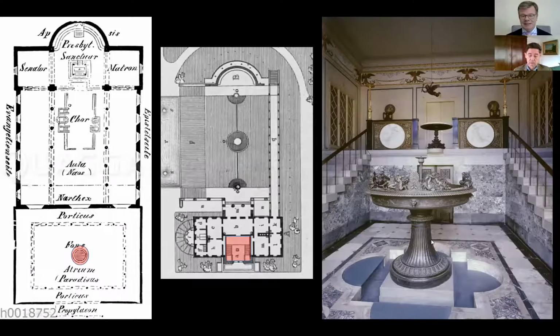And when we compare that again to the map of a basilica, a very early Christian church, they always had an atrium, so a courtyard, and a fountain before you go to church. And this was taken over by the early Christians from the Orient, that before you go and you meet your God in the temple, you have to wash your feet and you wash your hand. So that Frederick William IV has this here in this place, this fountain is his old idea, not of the Orient really, but of this